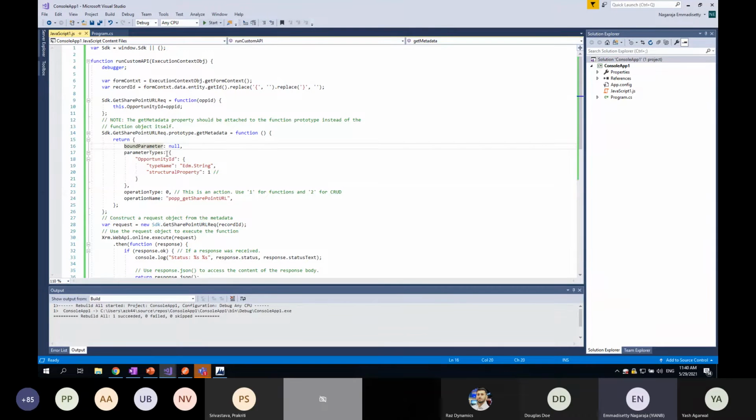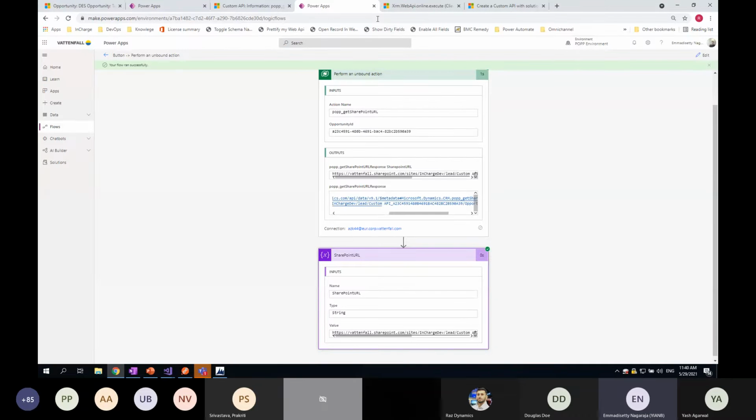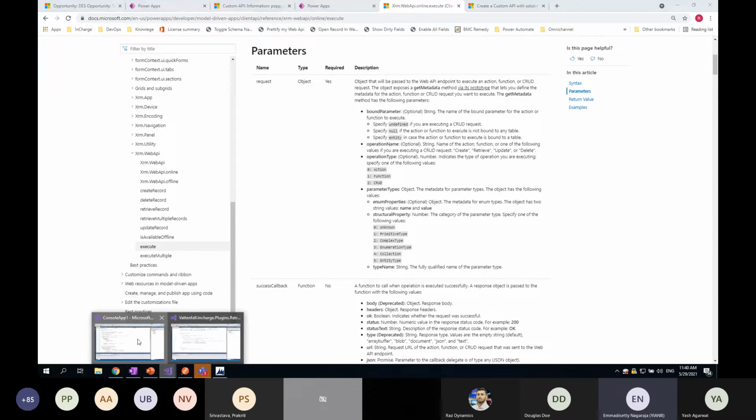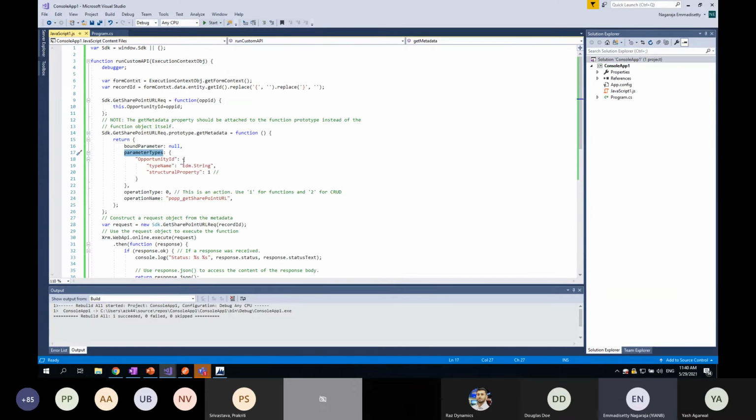First, the bound parameter. Let me open the Microsoft Docs here. You see the bound parameter. It's an optional parameter, and if you make it undefined, that means it's a CRUD request. If you specify it as null, that means it's not bound to any table. You can also mention an entity if it is bound to a table. And you see here what the other parameters are, like parameter types. So here